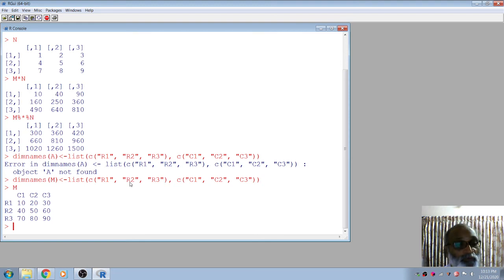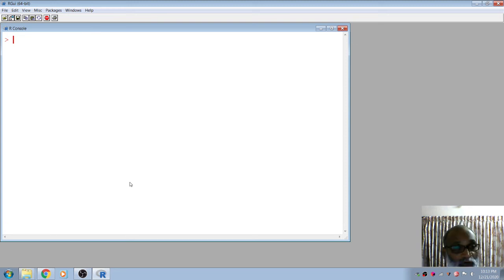So in this way you can create a matrix and also give the titles of that matrix and everything. One more thing is to create a matrix using cbind or rbind. Let us see how it works. For example, I can create the values x is equal to combine 1, 2, 3, then y is equal to combine 10, 20, 30, like that. So I have created x and y. X is a vector, y is also a vector.